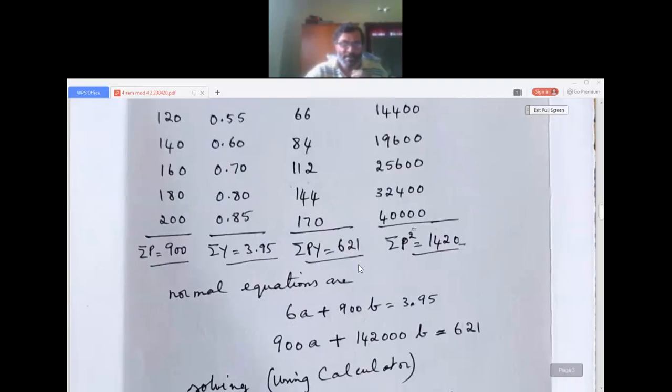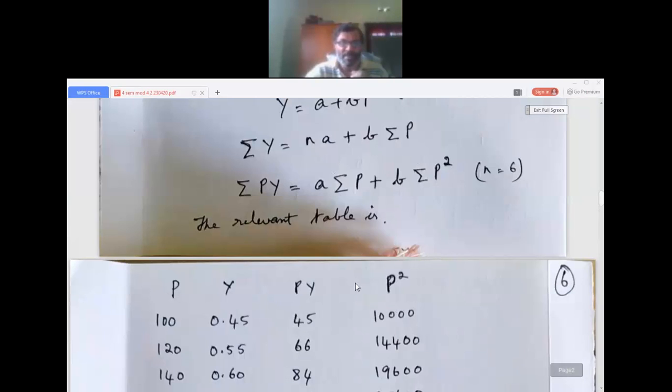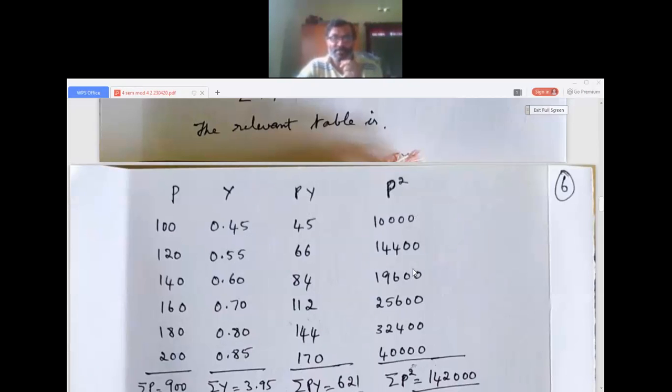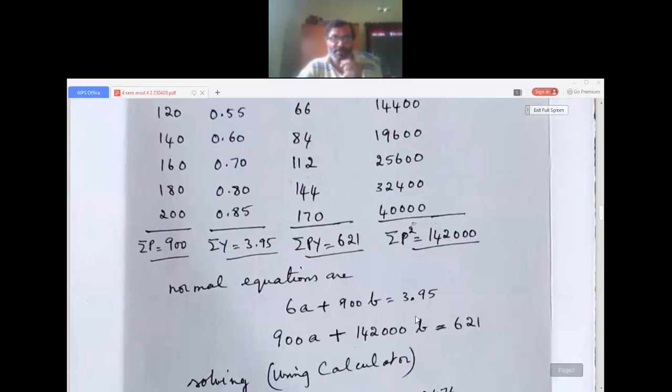So 6A plus B into sigma P, and sigma P is 900, so 900B equals 3.95. Why 3.95? Because here it is sigma y. Then sigma PA, that is 900A plus sigma P squared B, that's 1,42,000 B equals